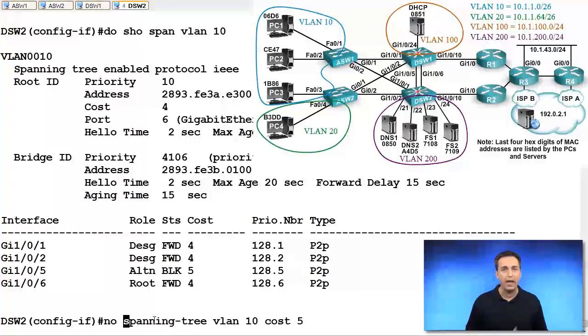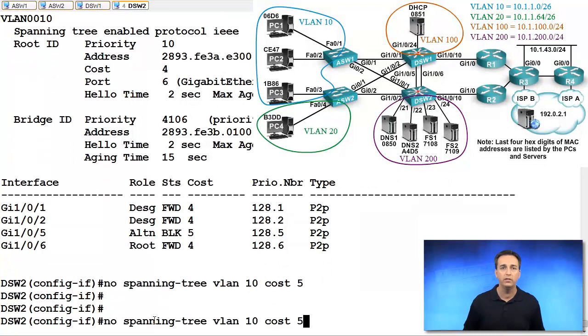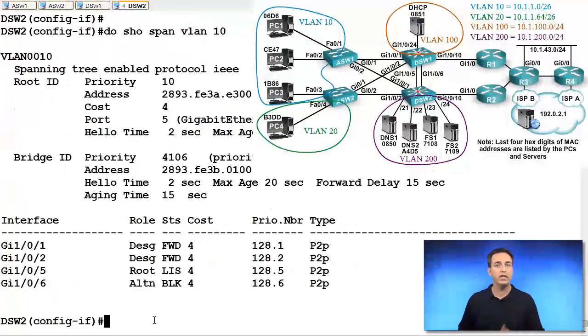Let's remove the command spanning tree VLAN 10 cost 5. So let's remove that cost value. Let's make sure the change takes effect. All right, so the cost is 4 in both cases, and 105 is now the root port again. Let's go to gigabit 1/0/6. So interface gigabit